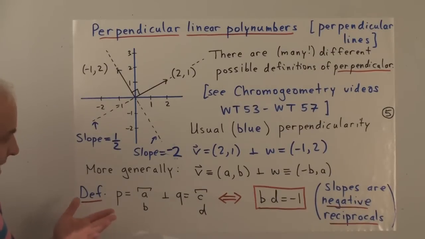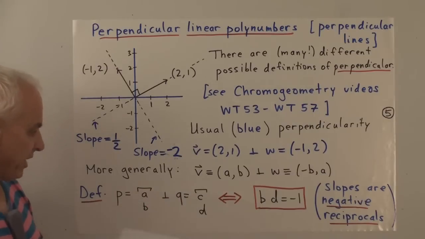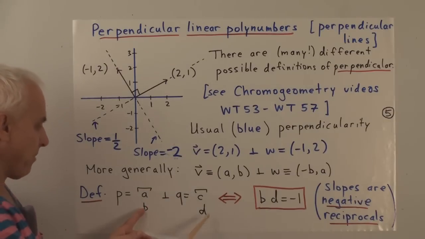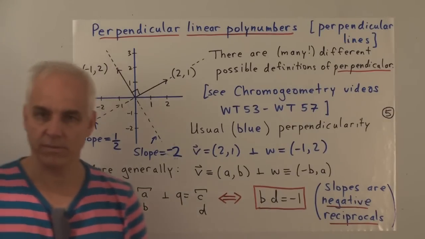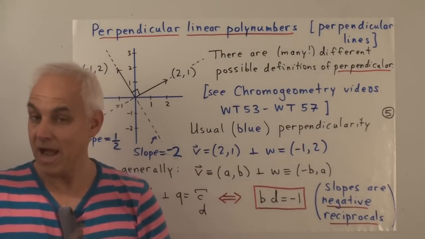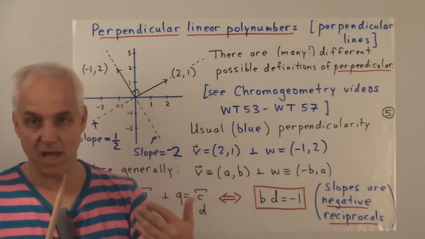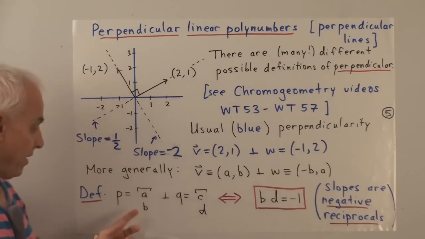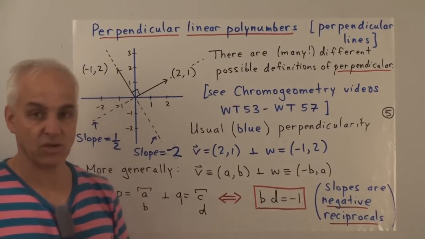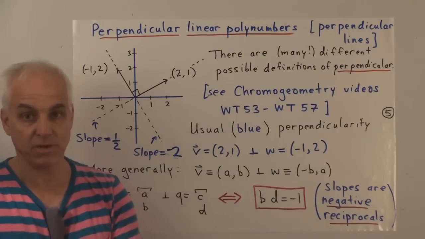This is coming from geometry, right? If we were just working with polynumbers, it didn't occur to us to say, oh, it's perhaps interesting if we have linear polynumbers when this number times this number is equal to -1. It wasn't clear that that was an interesting thing to do. But now we see that with this representation of polynumbers as lines in the Cartesian plane, this condition is interesting because it corresponds to something that's very important geometrically, namely perpendicularity.